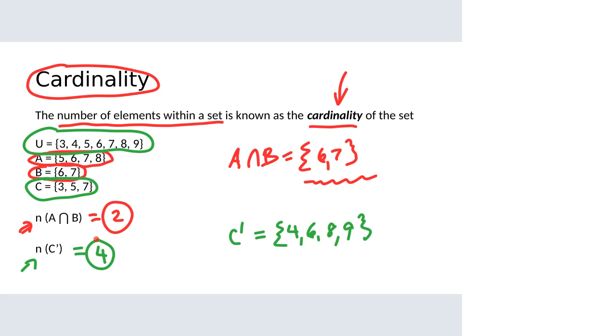Be on the lookout for those little n's, because that tells you you're looking for cardinality, and I like asking that because it's easier for you to type. Not all the time, but definitely some of the time. I'll ask you for the cardinality